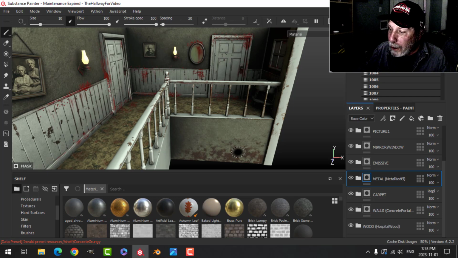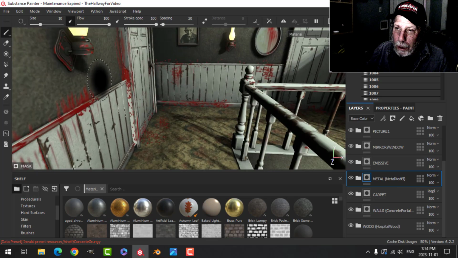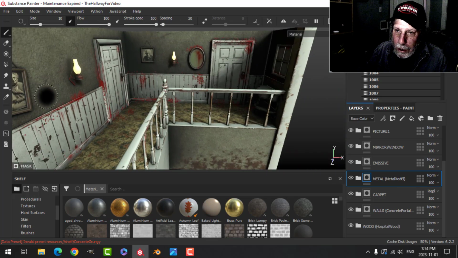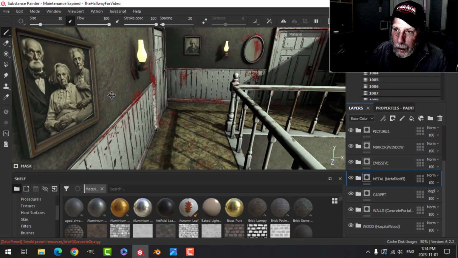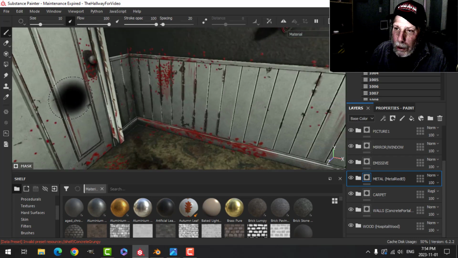if you're interested in that. The carpet, like I say, was AI generated, and then I made it seamless, and I put it here, and I did a couple of things to it. The metal I have, which is in these lamps. There's a bit of blood splatter on there, the lamps, and I used it on the picture frames as well. I decided I wanted that metal on the doorknobs here,